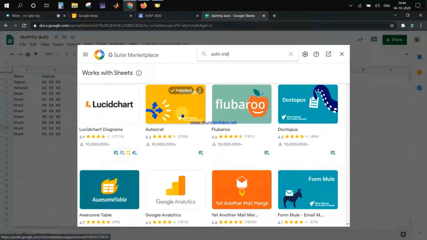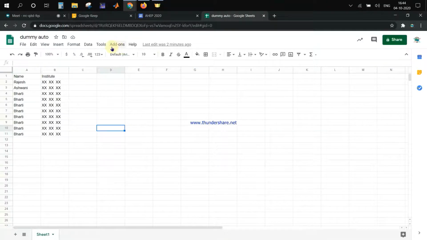In order to use this application, you have to give access, and the access is legitimate because this is a third party plugin, and it will send email as you. So to do that you have to give some permission. When you install this, just hit the launch button.